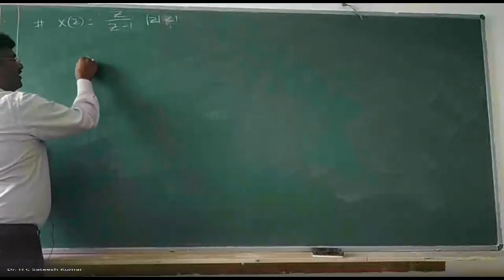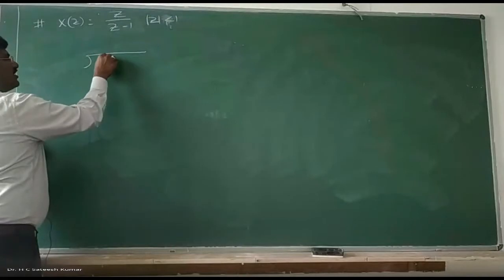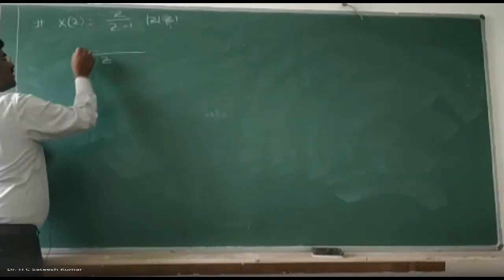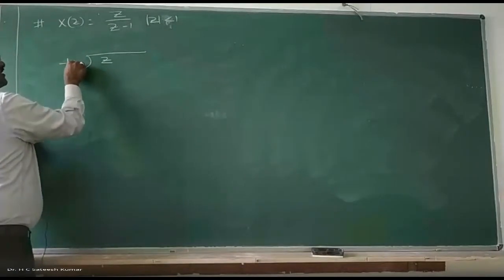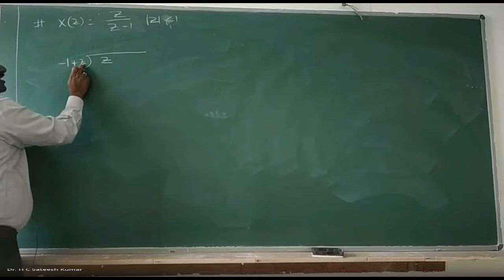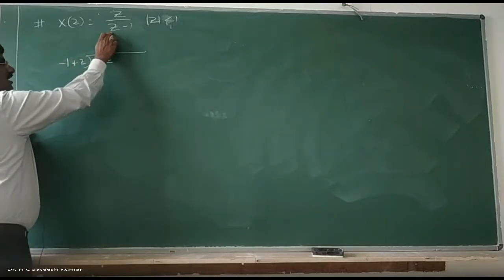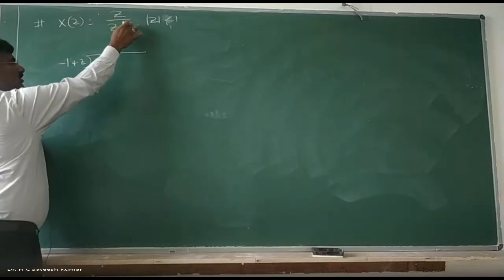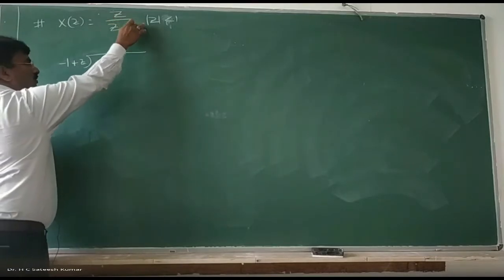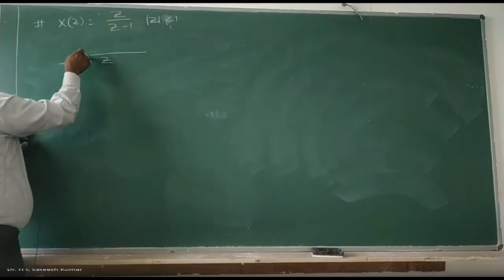If you want to get positive powers, what should you do? Very simple one. Observe here. Z you keep as it is. This one you rewrite, rearrange: minus 1 plus z. That means you should write the lowest power on the left side and the highest power on the right side. Earlier, the highest power was 1. Here the power is 0; z to the power of 0 is 1. So earlier z to the power of 1, z to the power of 0. Now z to the power of 0, z to the power of 1.